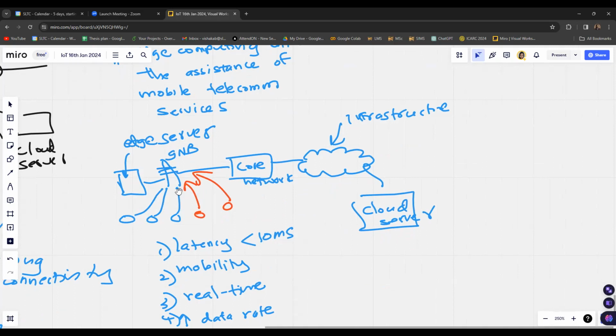Once the data are uploaded to the base stations, the edge server will be installed in the base station-based processing unit. The necessary computations will be done at the edge server, and the edge server will be able to give back the feedback to the devices.